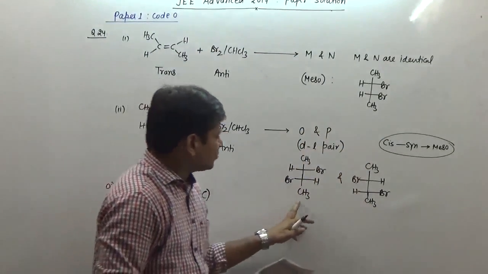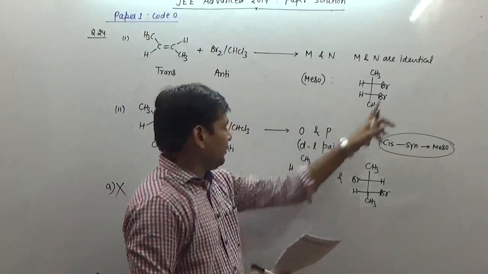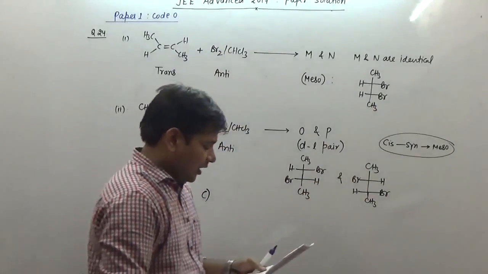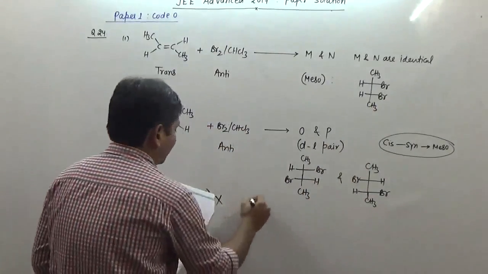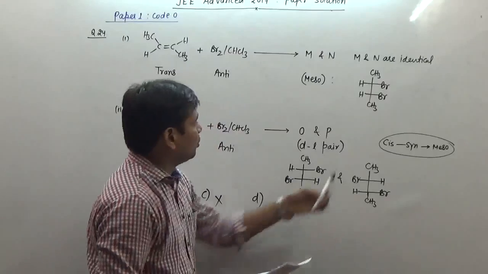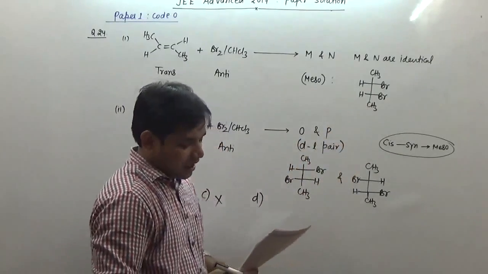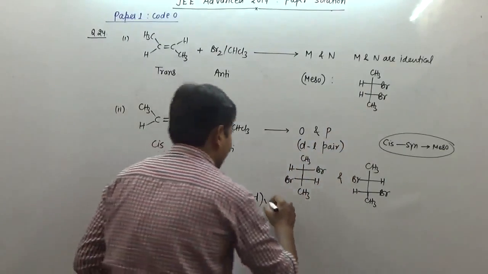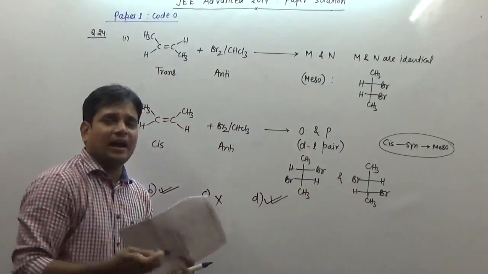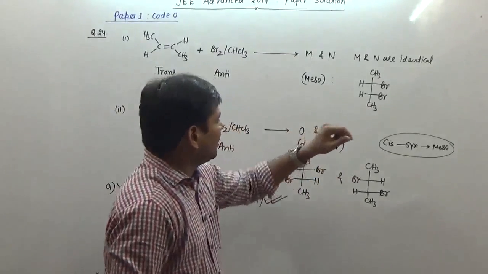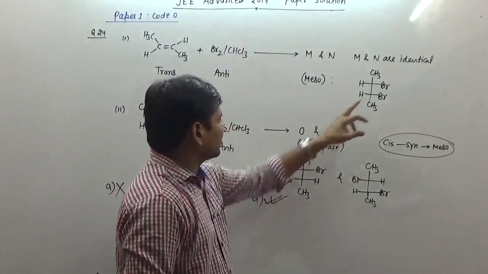That is wrong. The pair of enantiomers are O and P. M and O, and M and P are basically diastereomers. So this is wrong. D option is M and O, and N and P are two pairs of diastereomers. That is correct. M and N are identical compounds, and M and O are diastereomers because you can see that